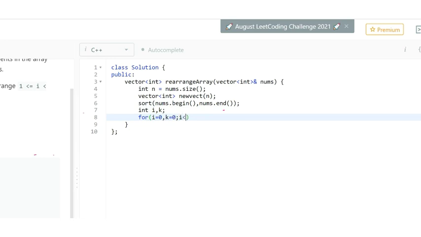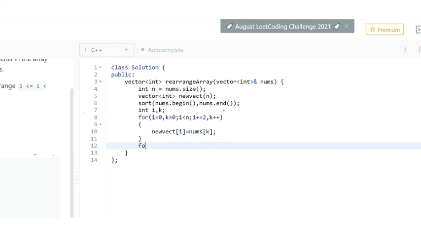Now we will apply the condition while i is less than n, and we will increment i by 2 and we will increment k by 1. So in our new vector we will insert the values of the previous vector, which is nothing but nums[k].